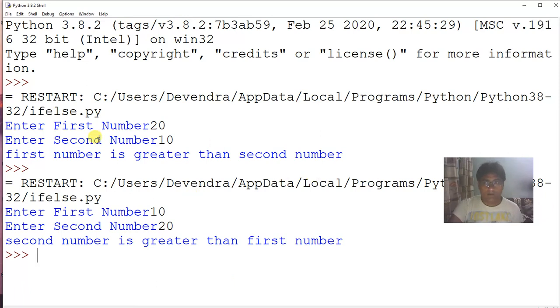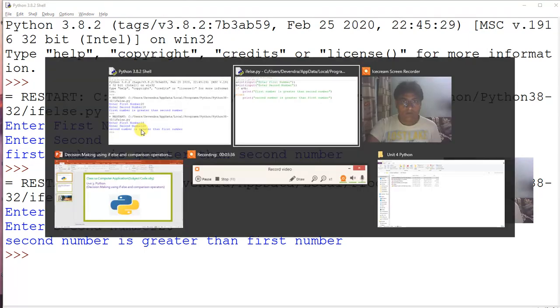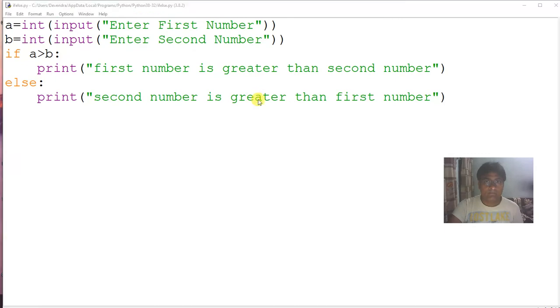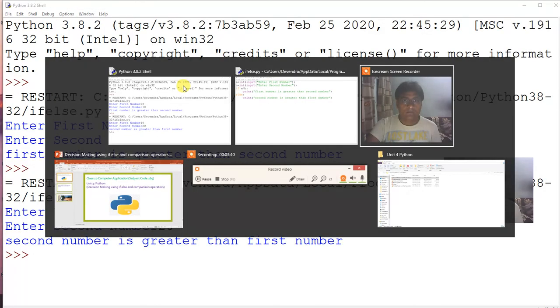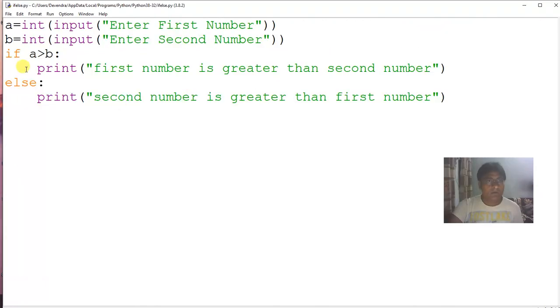When I executed the program the first time, the first number was greater, so the if was true. In the code, if a greater than b, first number is greater than second number, and if it gets false, the else block will be executed, second number is greater than first number.